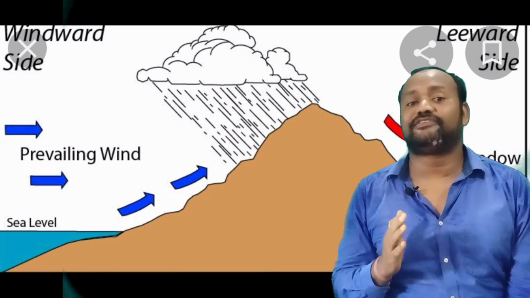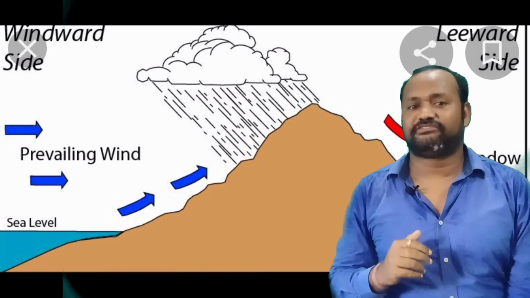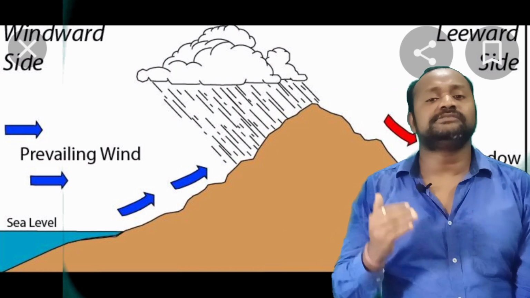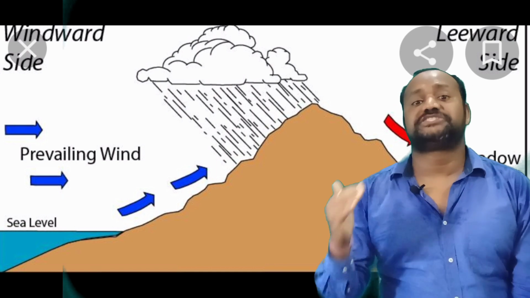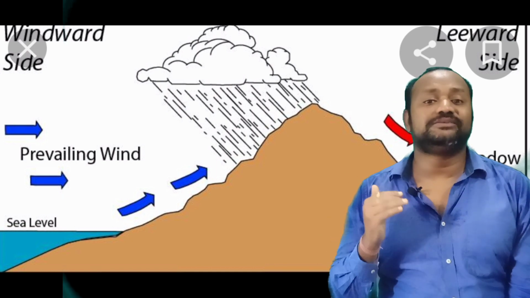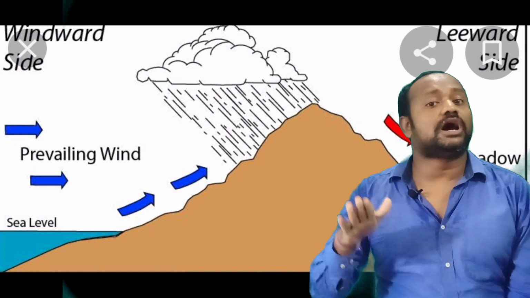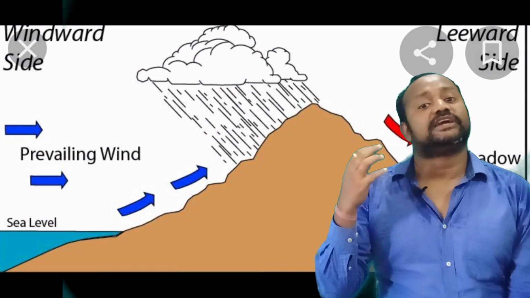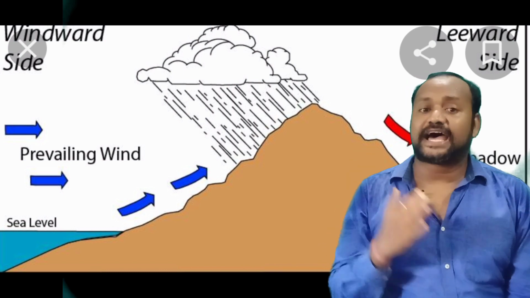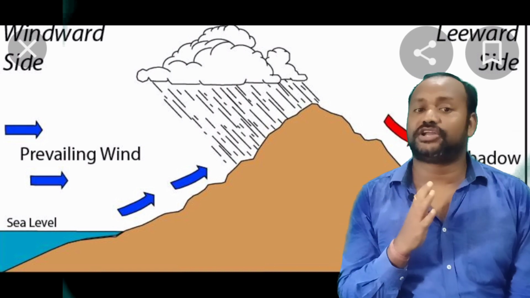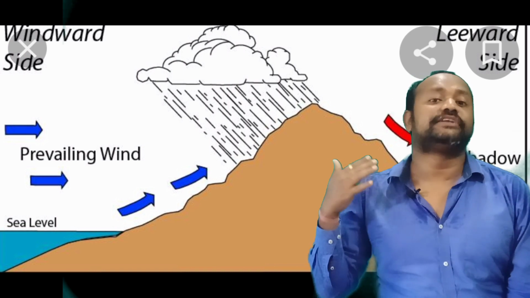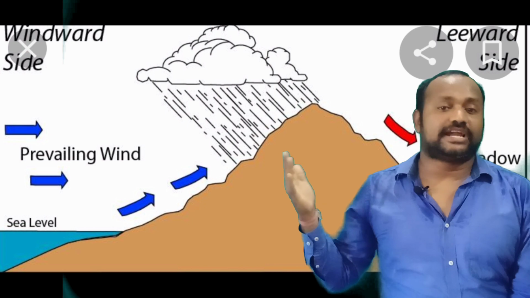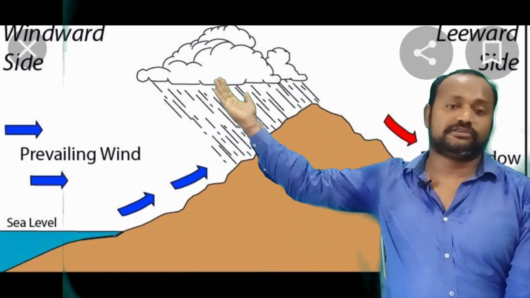Okay, orographic rainfall occurs. So what is orographic rainfall? Students, here you can see, orographic rainfall means when the rain bearing wind strikes the hill slope, due to that, when the rain bearing wind goes up, it gets condensed and gives heavy rainfall. The side where the rainfall occurs is called the rainward side, and the side where rainfall does not occur or occurs in very small amount is called the rain shadow area. So here you can see the rain shadow area and